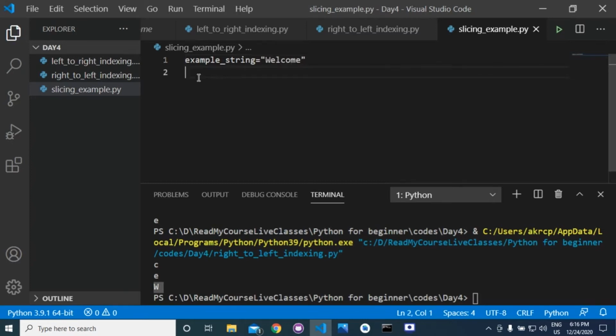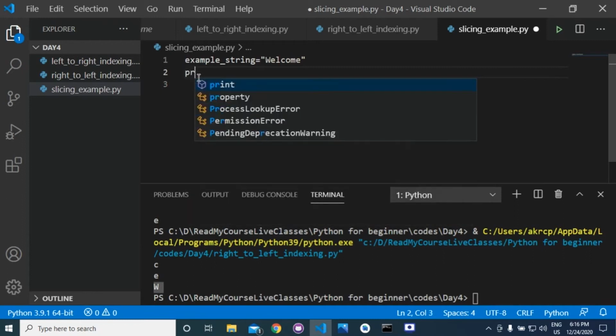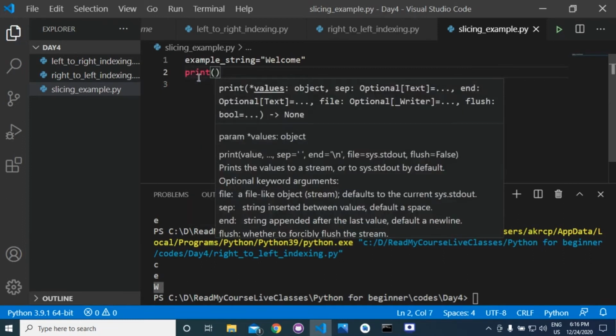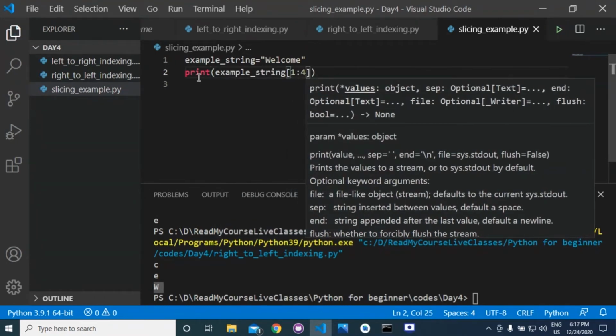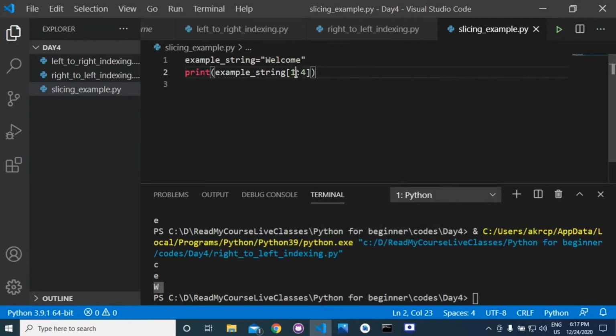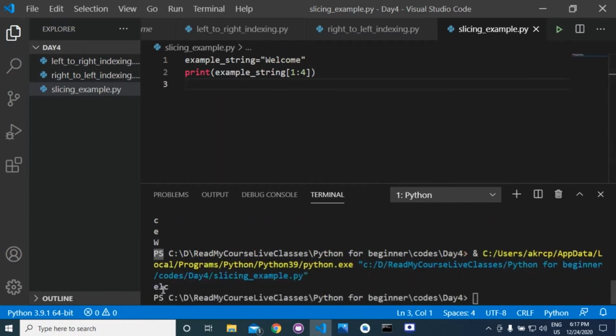Suppose I write example string 1 to 4. So we will get the values from 1 to 4 minus 1, meaning 1 to 3. At index 1 we have E, then L at the second index, and C at the third index. Then we will get ELC. So if you run this code, you will get ELC.